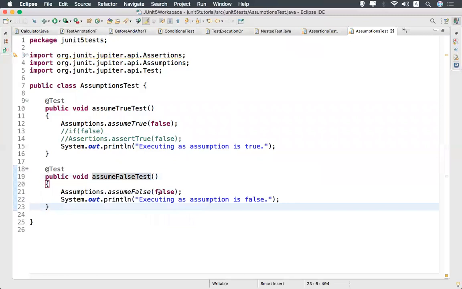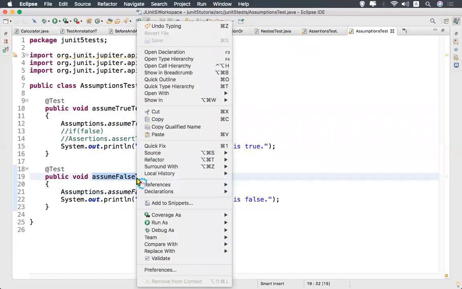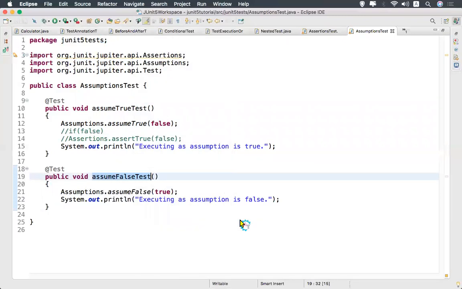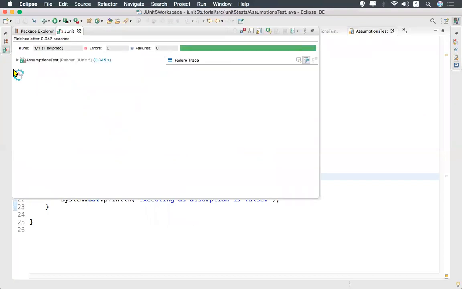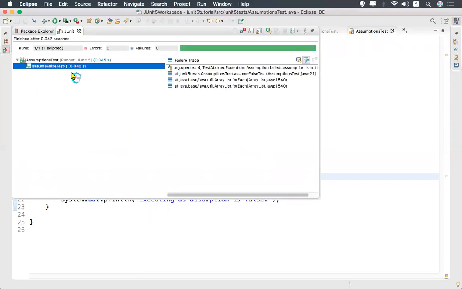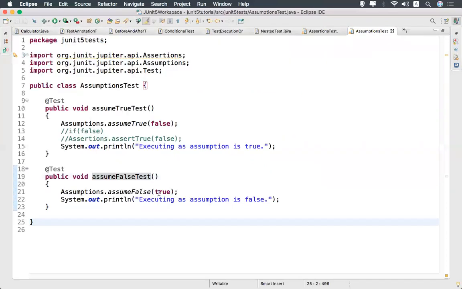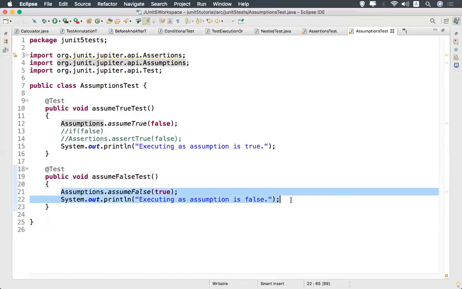If I give true here, as it is expecting false, but it found true, so obviously it will not execute, it will skip the test. That's it. You see, the test skipped and the information is assumption failed. Assumption is not false. It is expecting false, but it is true. So that is the reason it skipped this test case.